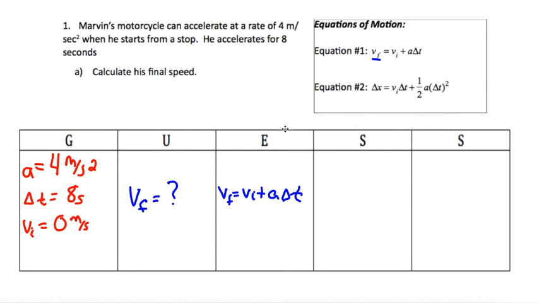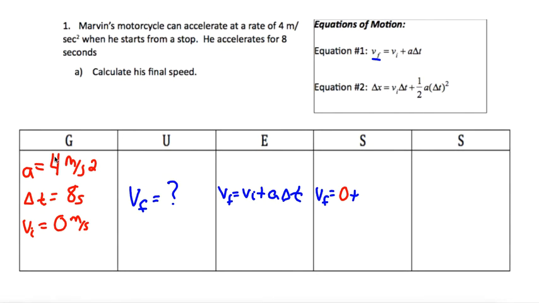Okay, the S stands for substitute. What that means is we know what some of these values are. We know acceleration, we know time, and we know velocity initial. We're going to plug these numbers into the appropriate spot in our equation. So velocity final will equal, our velocity initial is 0. So I'm plugging in that 0 where velocity initial would be. Okay? Plus